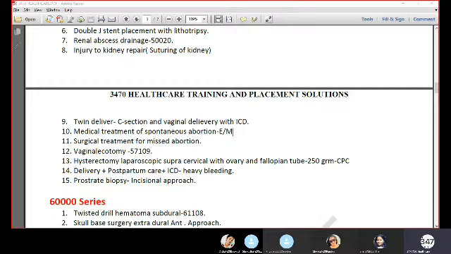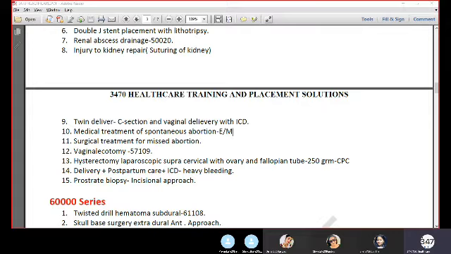Medically treatment means the doctor is giving some medication like oral pills. In surgical treatment, the provider is performing a surgery to remove the baby for abortion. If they are doing procedures like DNC, dilation, curettage and evacuation, we can consider it surgical treatment. Medical treatment is administration of medication. So you have to remember that.